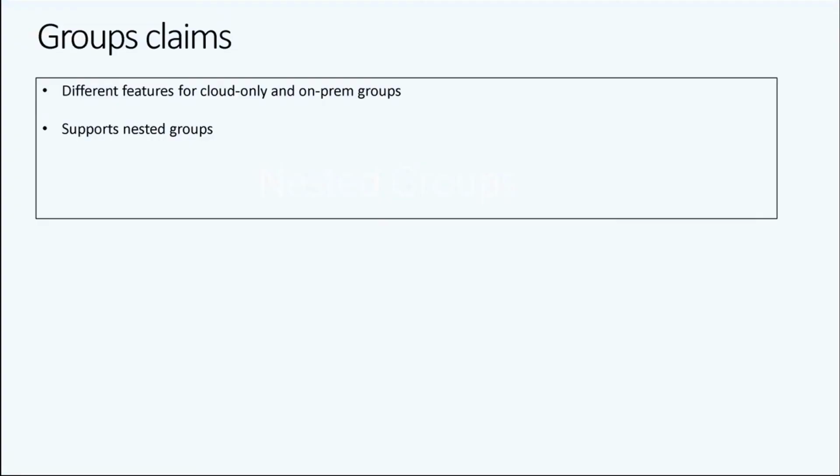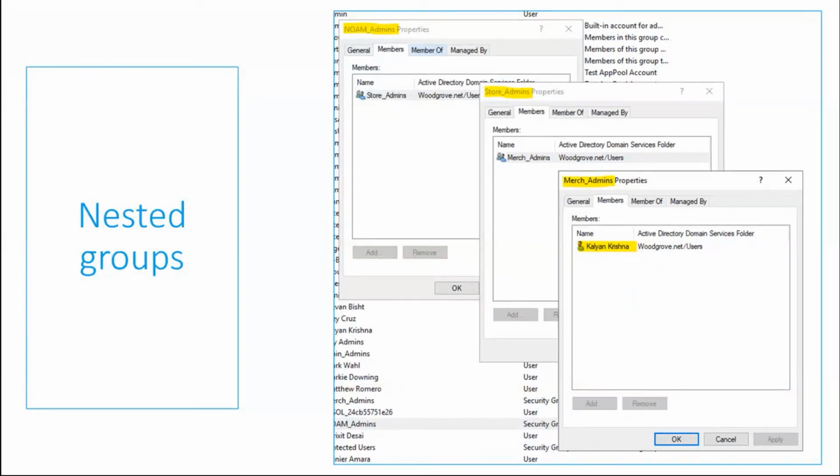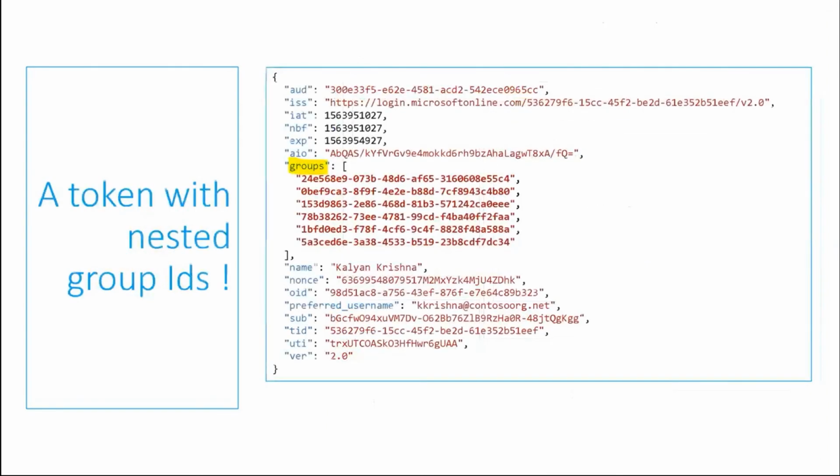There is support for nesting groups today. If you choose security groups, you will get all the nested groups. I will cover the nested groups in a little bit more detail here. So this is an example of nested groups that exists in on-prem AD. Because in Azure AD cloud only, you cannot do nested groups today. So the nested groups membership that you will get in your tokens would be nested groups from groups that are synced from on-prem AD. This is one example of nesting that I had created.